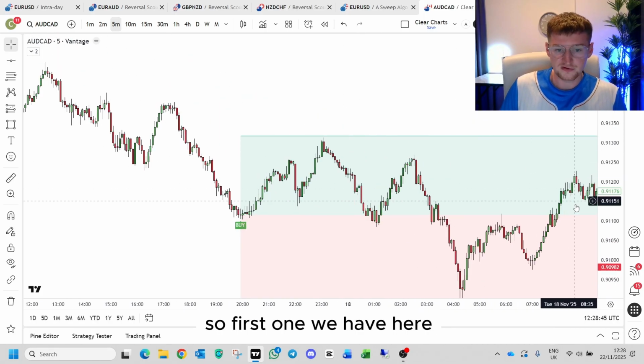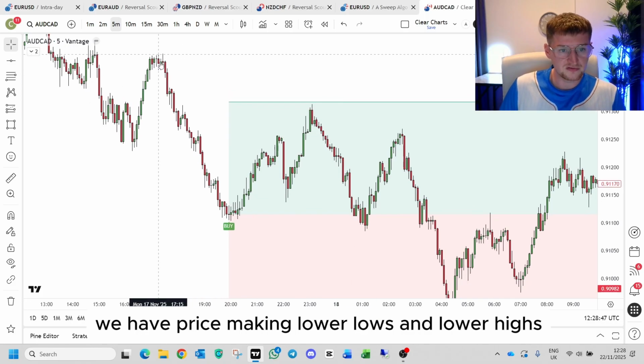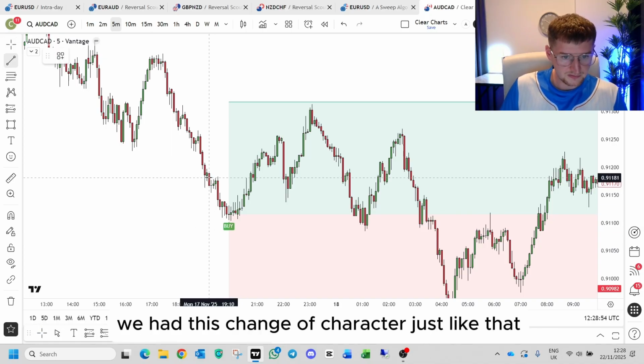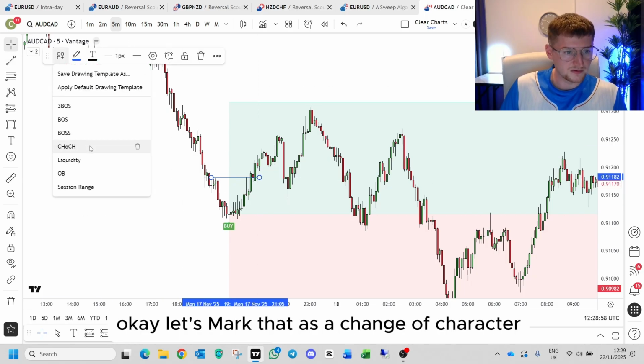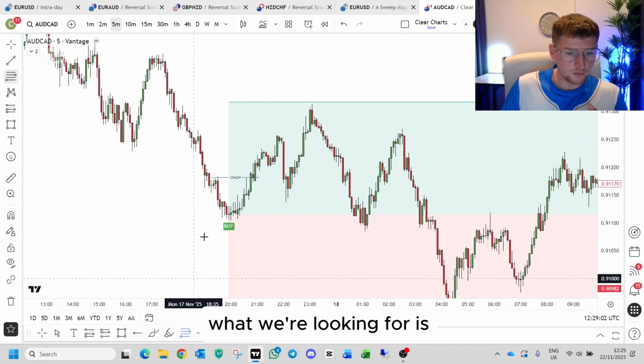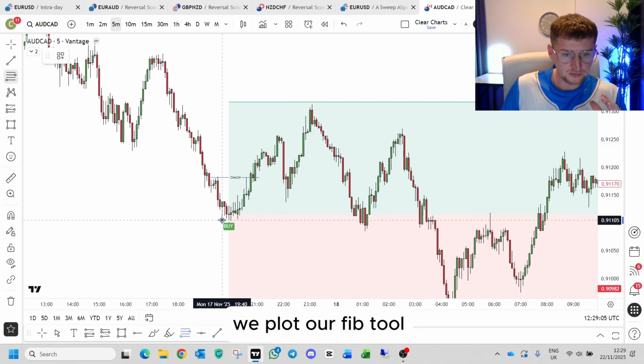Okay, so first one we have here, we have price making lower lows and lower highs on the 5 minute, and you can see here we had this change of character just like that. Okay, let's mark that as a change of character. After we have the change of character, what we're looking for is we plot our fib tool